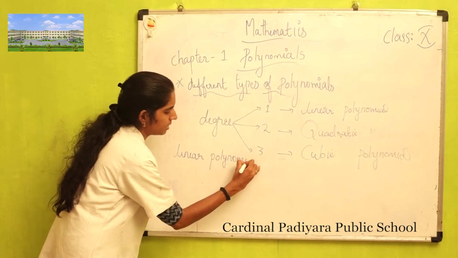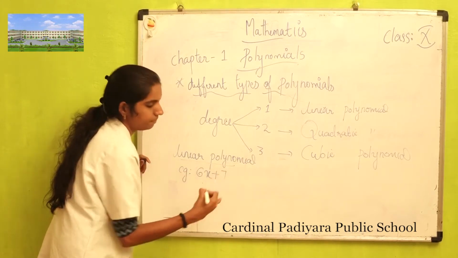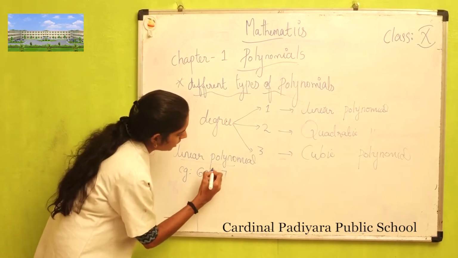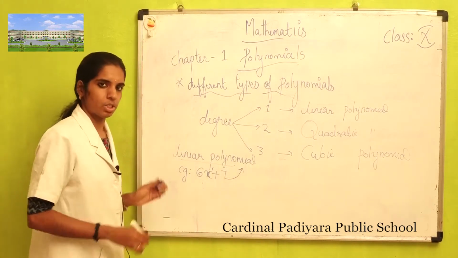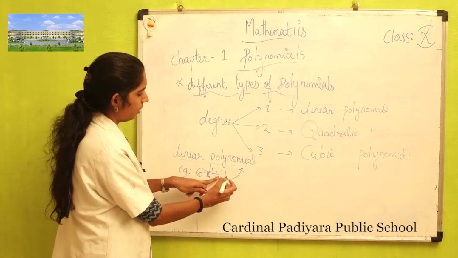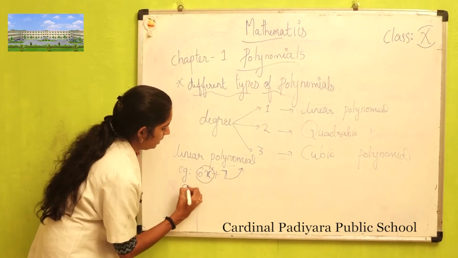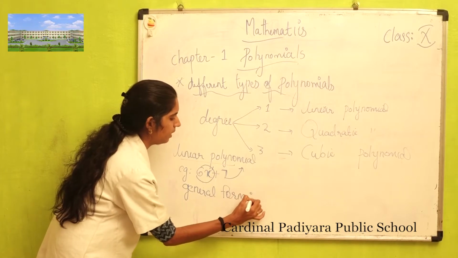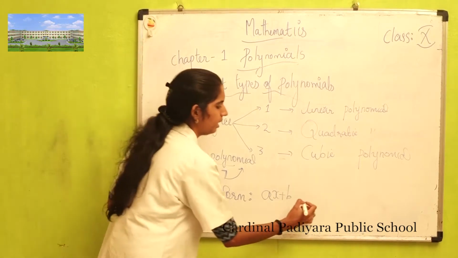Suppose we consider an example, 6x plus 7. Please listen here. If we consider the variable x here, its power is 1, right? So it is an example of a linear polynomial. So what is the form here? There is an x, the coefficient of x is 6 here, and also there is a constant term 7 here. So we can generalize, or the general form of this linear polynomial is given by ax plus b, okay, where a